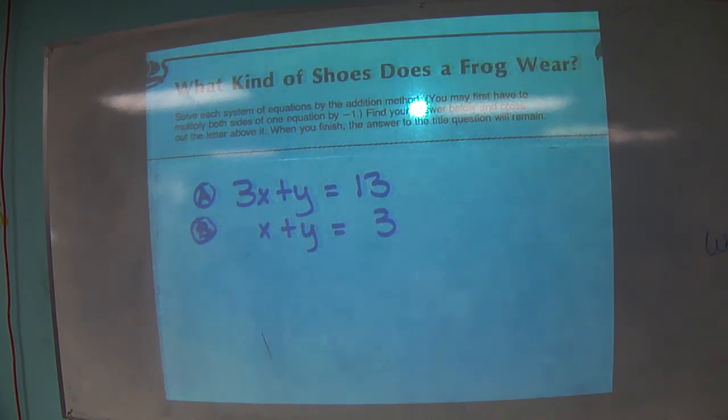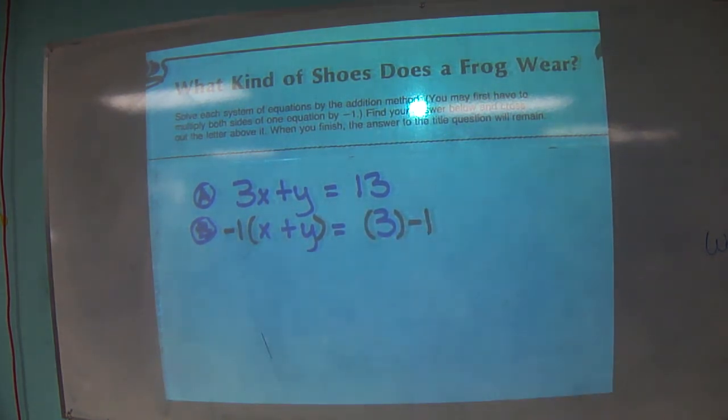What would make us happy here? Subtract. Oh, we could subtract, but we use the addition method. So how do we turn addition into subtraction? We could multiply by -1. Shall we do this with A or B? B. Yeah, let's do that. So if we multiply B by -1,